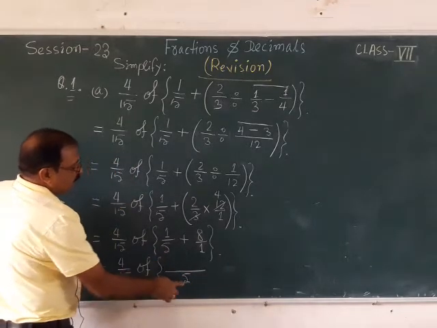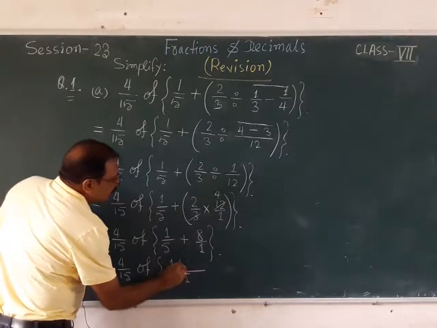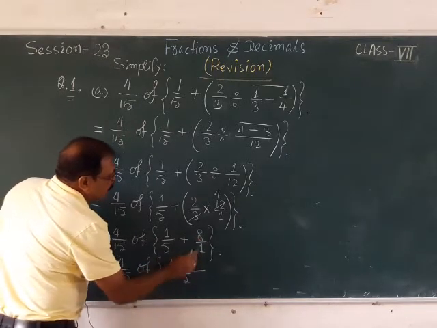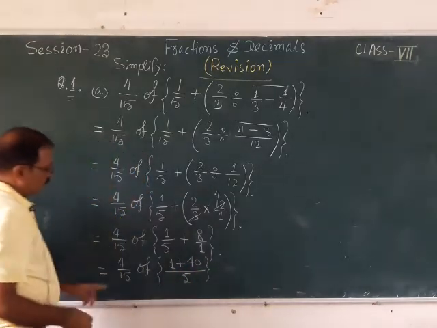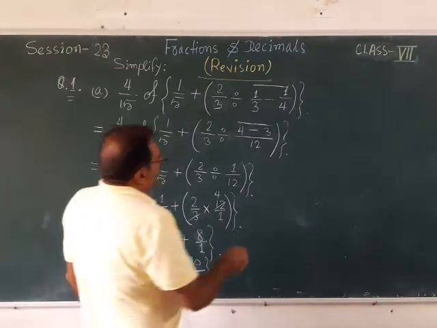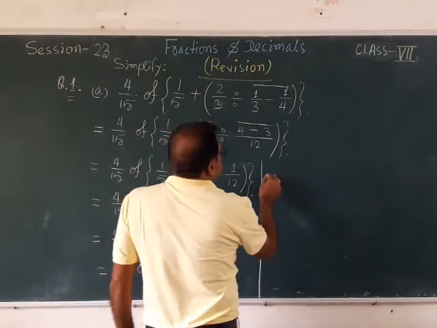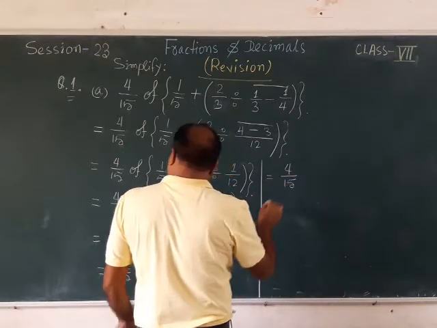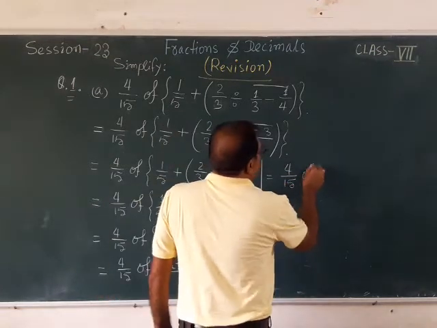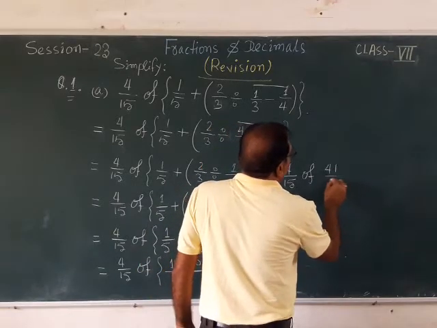5 divided by 5, one time 1 into 1 is giving you 1, plus 1 divided by 5 times 8, 5 8s are 40. So here you are having 40 now. 4 upon 15 of 40. Further you can write it like this, it will be 4 upon 15 and of here 41 upon 5, 41 upon 5.